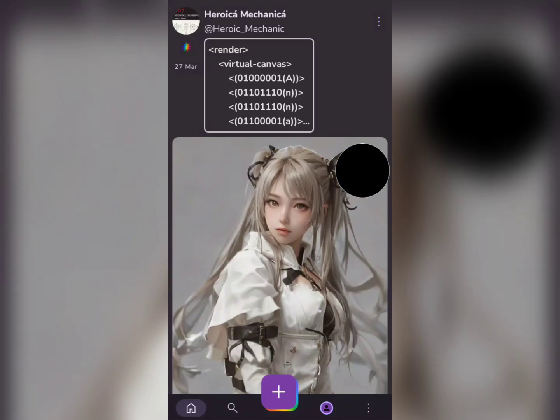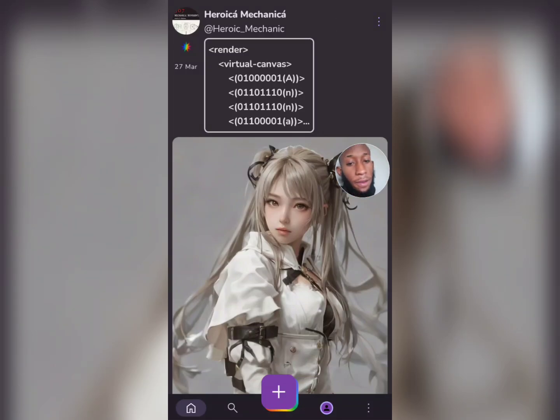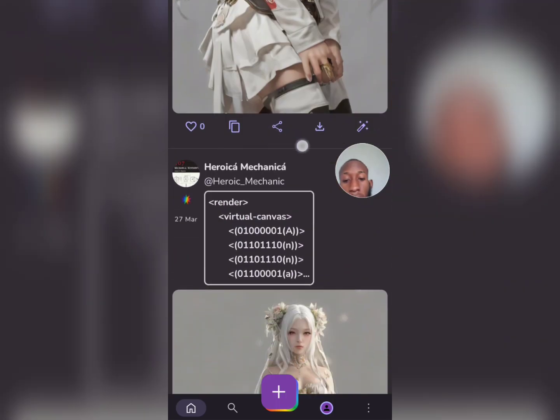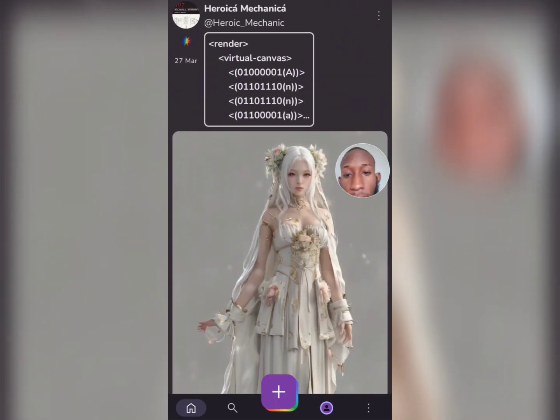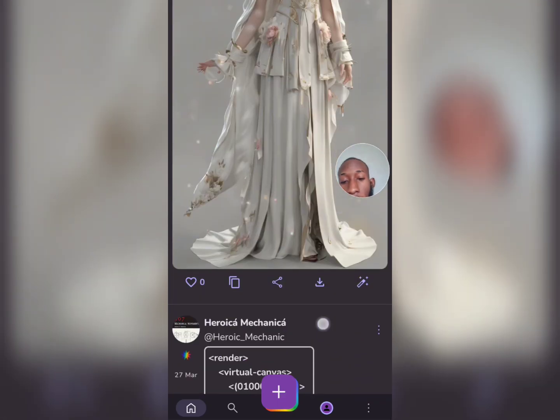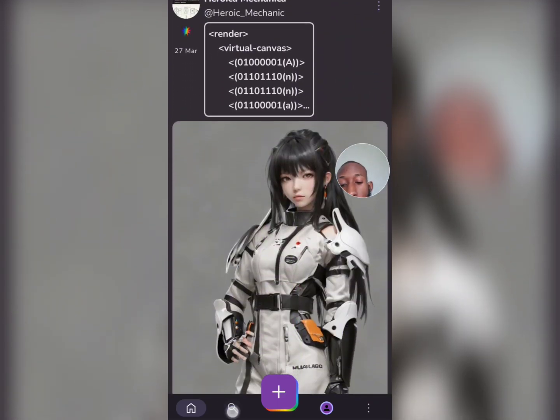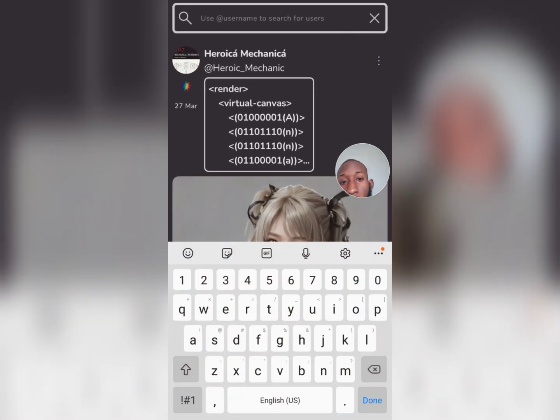It's pretty much the home screen of the application. Very easy to use. I'm going to show you guys how to use it. So here you can scroll and see other AI photos that other people have uploaded to the platform. You can tap on the search option here to search for users as well, or anything